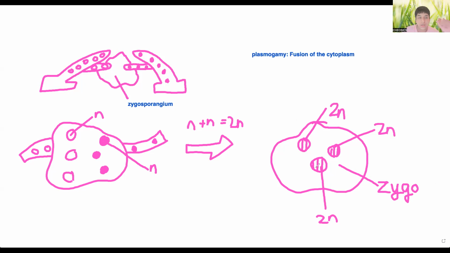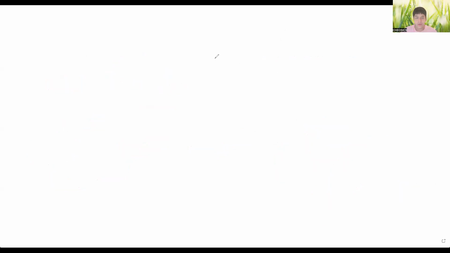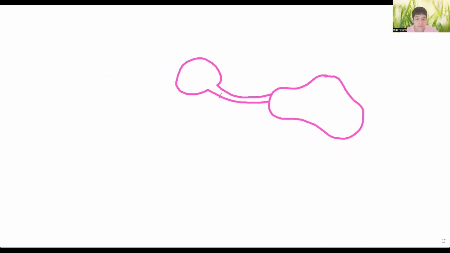So your zygosporangium is present, and meiosis takes place. I'm clearing this whole drawing. Here you get your zygosporangium. Another body called a sporangium, a simple sporangium, forms on the zygosporangium. On this sporangium, you have a special type of these diploid cells. They travel up here and they form this body called a sporangium. After this, endogenously,